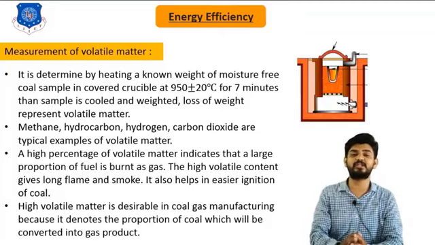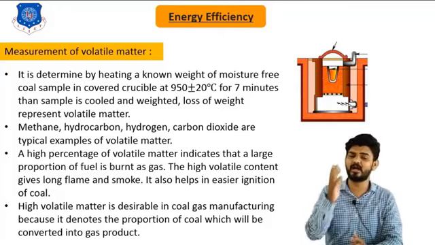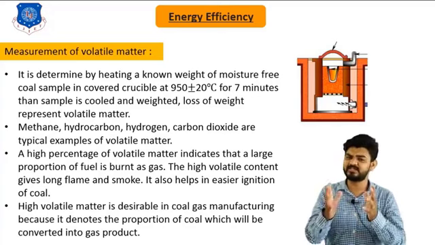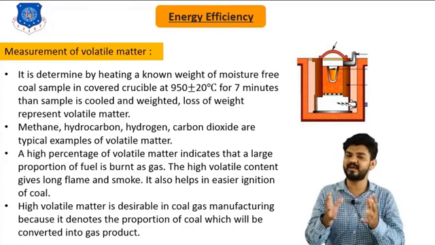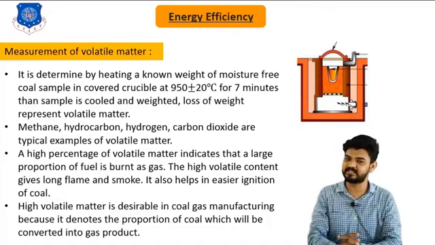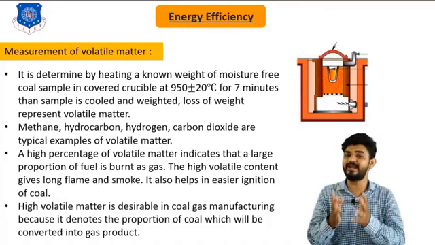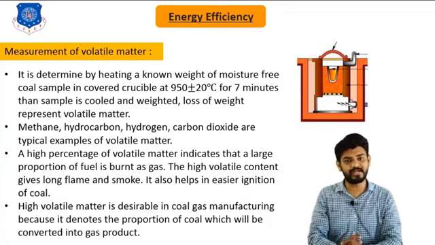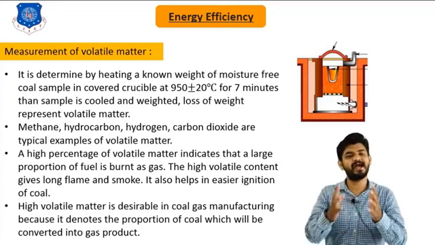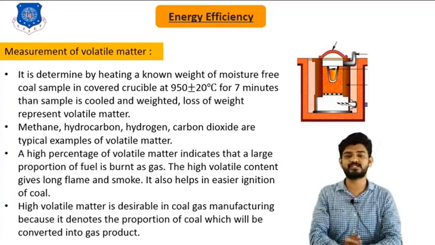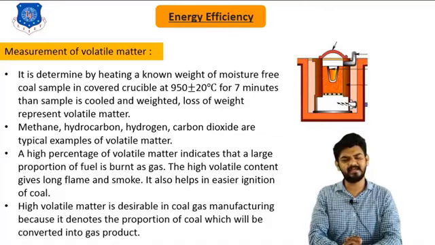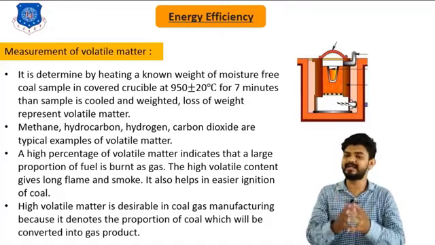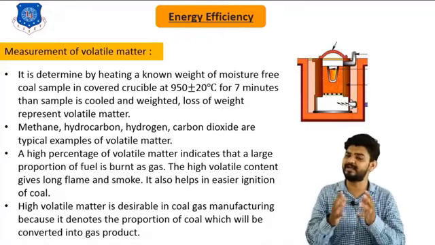Here in the image at the top of the screen you can see a cup-type arrangement, which is nothing but the crucible. It is placed inside the furnace where we can achieve such high temperature, and we allow all the volatile matter to escape. Now we weigh the sample one more time so that we ultimately get an idea of how much weight is lost as volatile matter. Methane, hydrocarbon, hydrogen, carbon dioxide are typical examples of volatile matter or volatile gas present